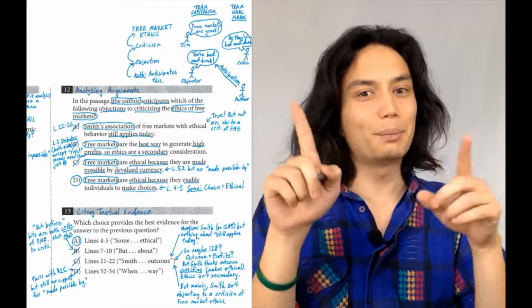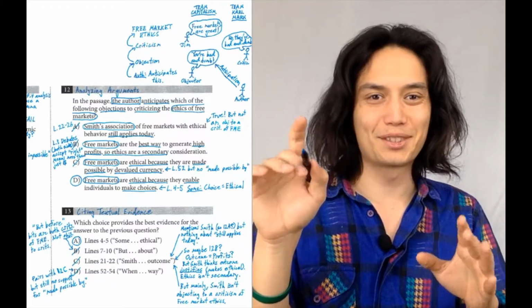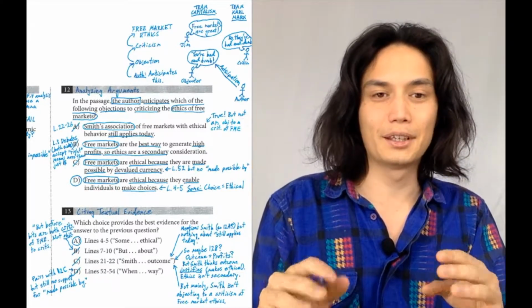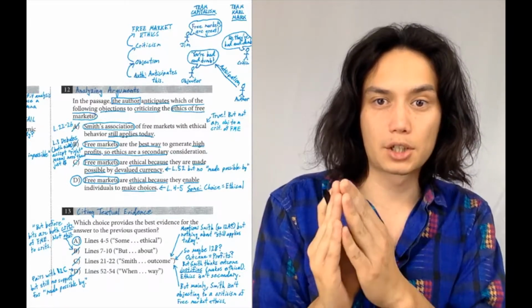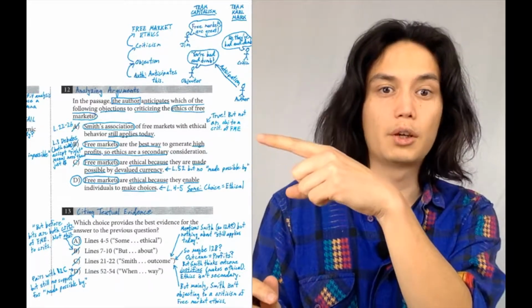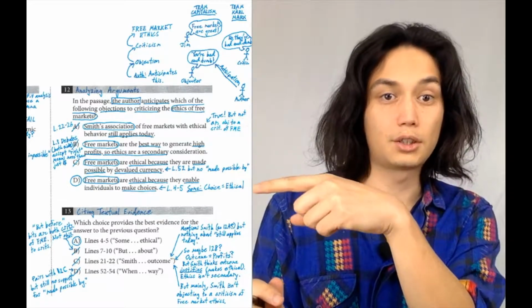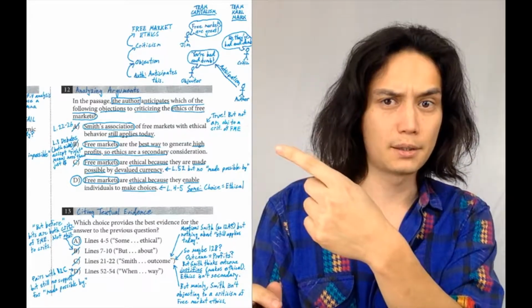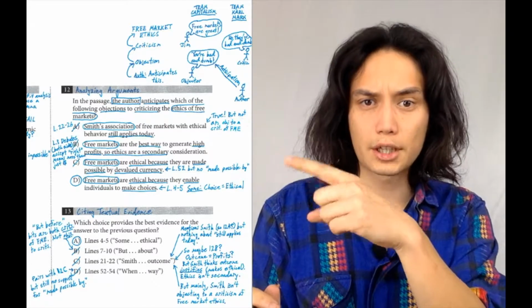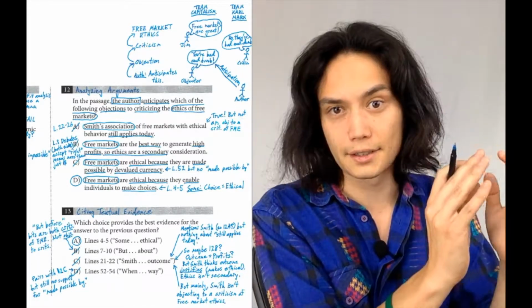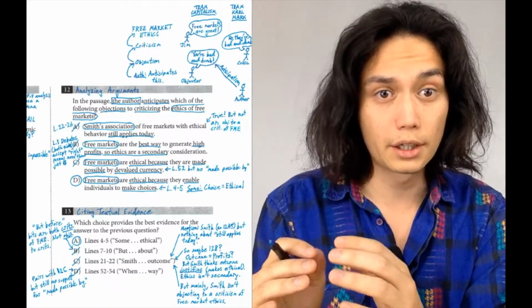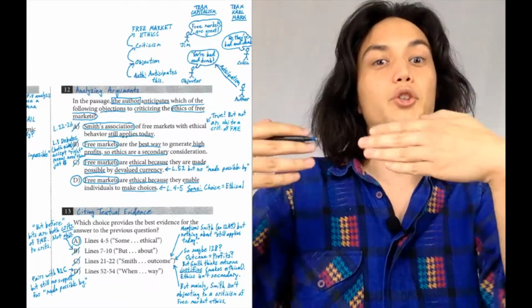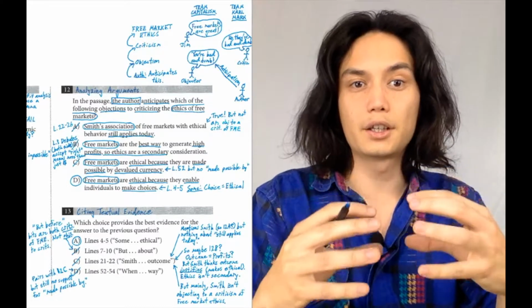Now, I've made a couple of diagrams up here to try and help us understand this, because the logic is really complicated. All right, so the author anticipates an objection, and these are the objections. Which of the following objections? So all of these are objections that the author is going to anticipate. The author anticipates objections to criticizing the ethics of free markets. So there's anticipation going on, there's objection going on, there's criticism going on, and then there's finally the subject that